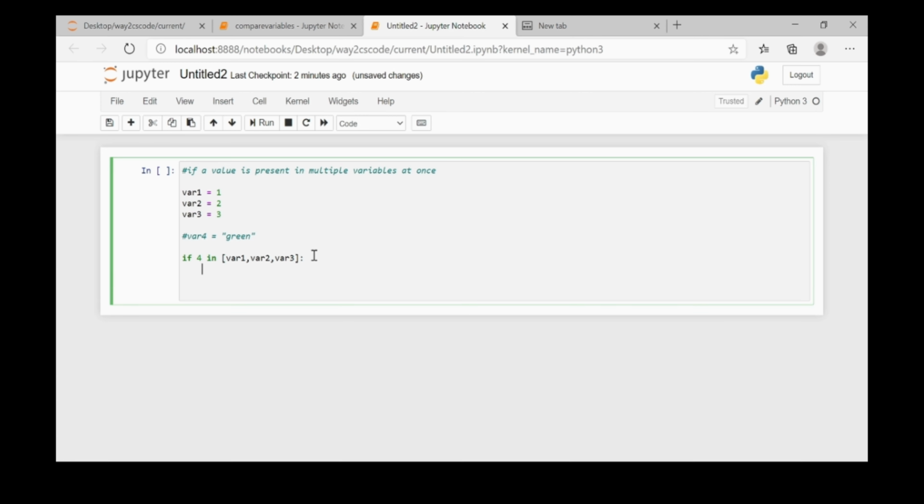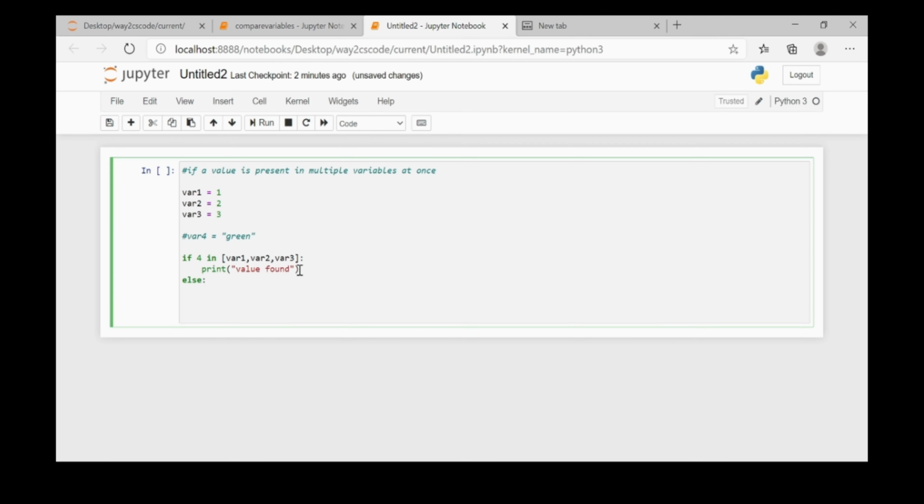And if it is present, then I want to print "value found", and if it is not present, then I want to print "value not found". This is the statement that I want to print out. It should be enclosed in quotes.